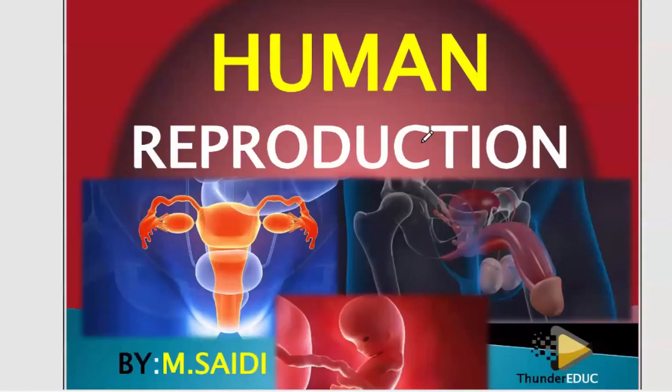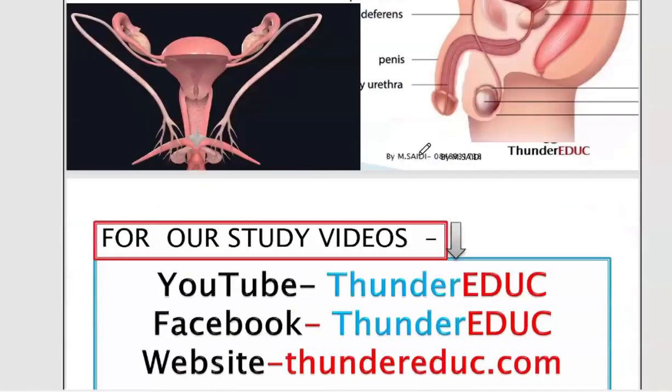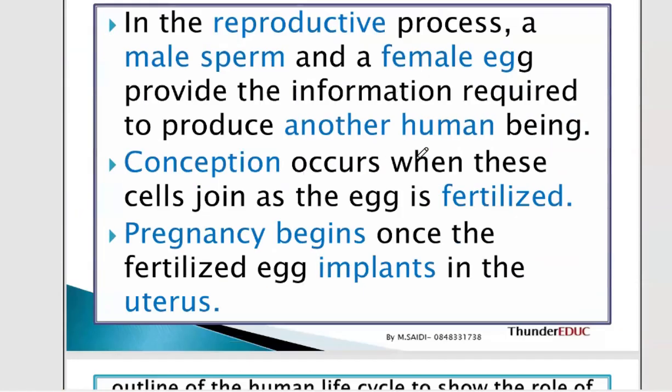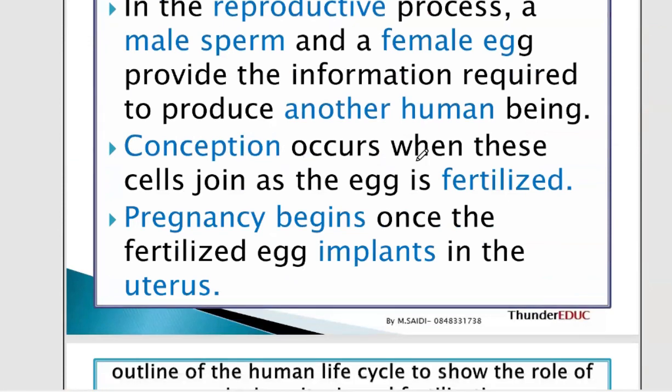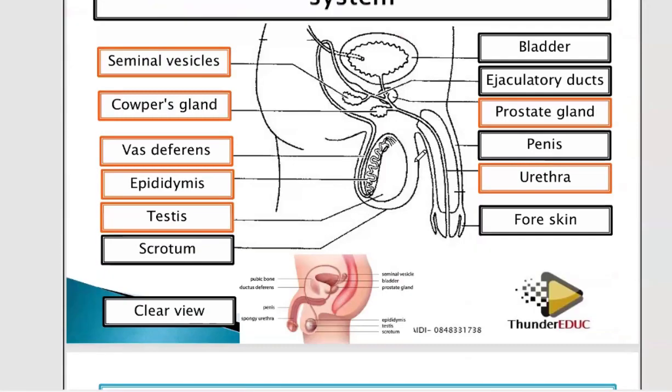A simple recap about human reproduction. When you look at human reproduction, what is the most important thing you need to understand? These are just terminologies. This is the first part which you need to know, which you call the structure. So you need to know all the functions and the parts of this structure, because when you are bringing,